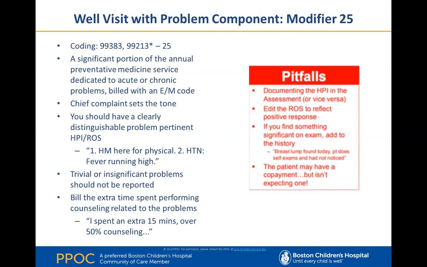By doing that and documenting a problem-pertinent HPI where the HPI belongs, you're going to avoid a whole lot of headaches down the line, because in the end, as I mentioned, we have a very high success rate in defending our clients who have been audited, and this is one of the things that we do have some success with, because really, does it matter where they put that information in the note? In the end, it is what it is. But nobody wants to go down that path. You should take small measures, as I mentioned at the onset, to tweak the documentation so as to render it as bulletproof as possible from a billing compliance perspective.